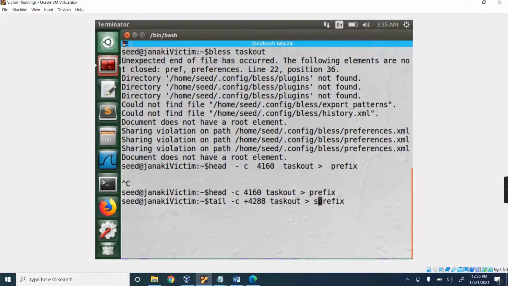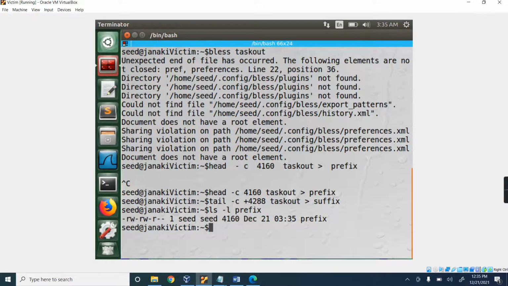Tail is called the suffix file. So my suffix is also ready. So my prefix and suffix are ready. If you want to see the size of prefix and suffix, you can do ls -l prefix. It will be 4160. Suffix is not needed, because again we are going to split the suffix.